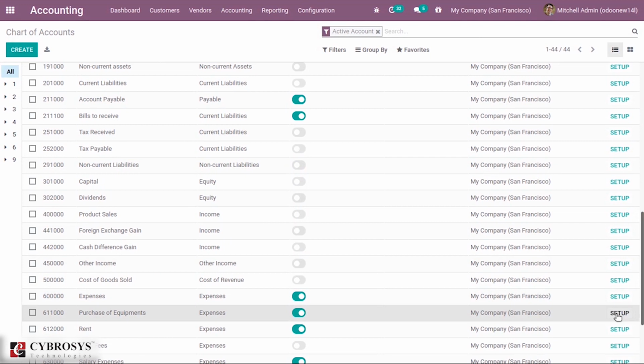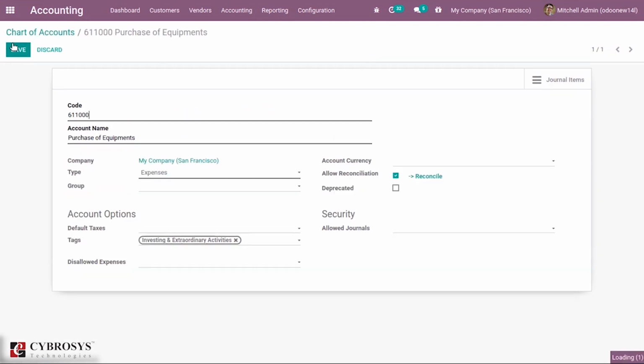Now let's set up this account, and you can see disallowed expenses. You can add the disallowed expense category so that it can be linked with the account.